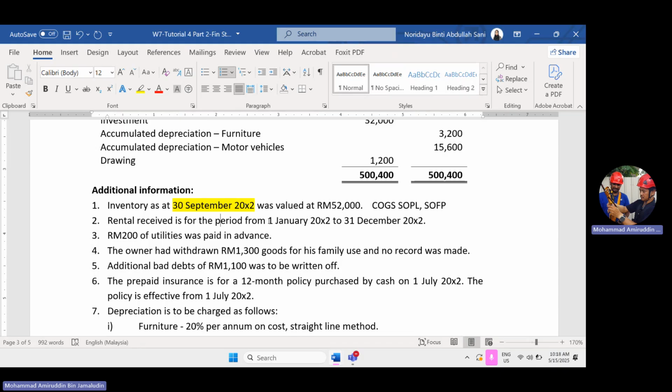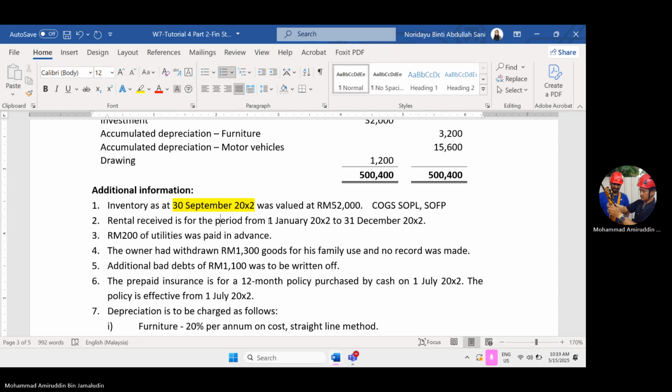So meaning the rental that you are supposed to earn should be from 1st January 20x2 up to 30th September 20x2. Now you already have some in advance, right? How many months in advance? October, November, December. So how much are you supposed to receive? Only 9 months. So another 3 months, we have